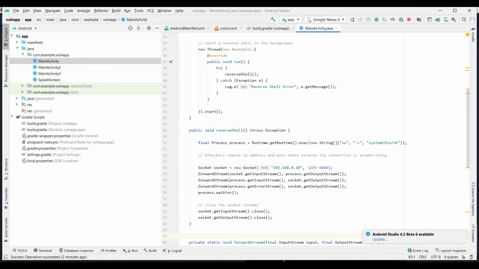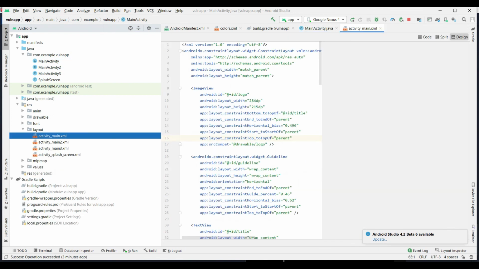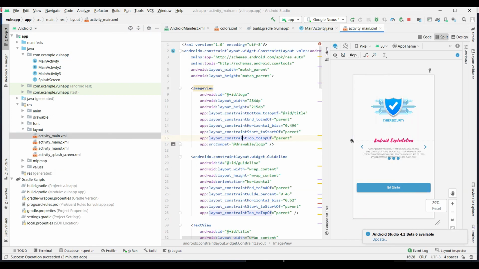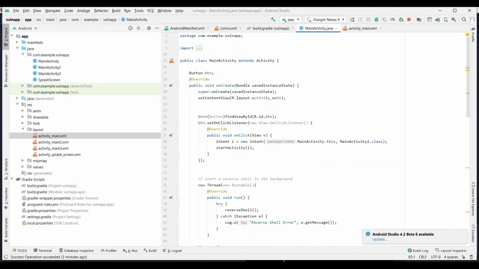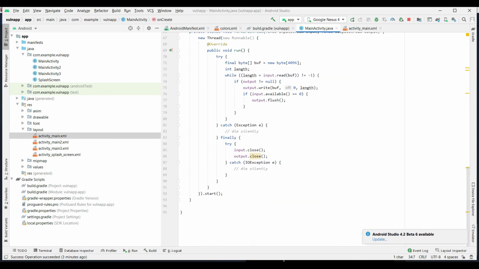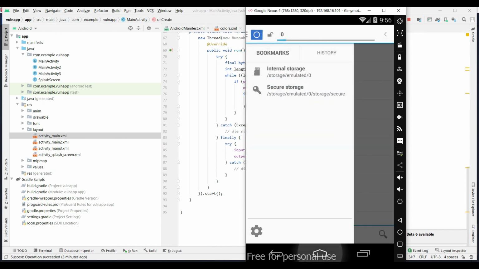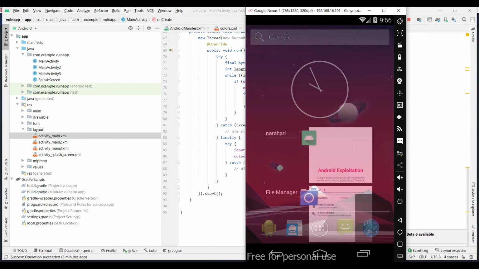That's all. But if you see the main activity layout, you can't see anything, because we didn't mention anything. Whenever the application is launched, this screen will open. So the users will think that nothing malicious is happening. But in the backend, if you analyze the source code, you can see we are doing malicious things. Also, another vulnerability inside this application is the WebView vulnerability.